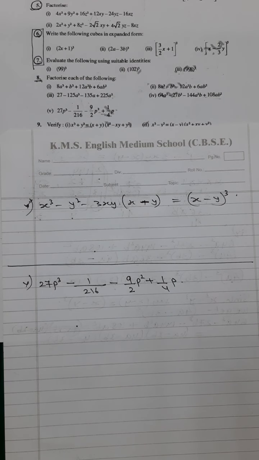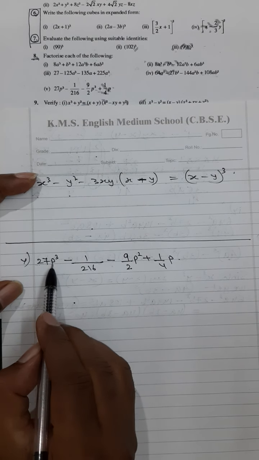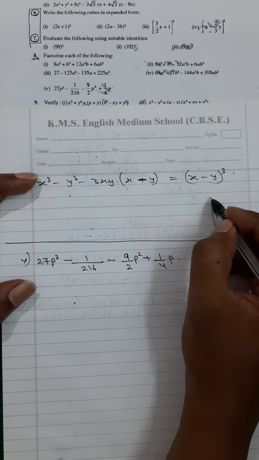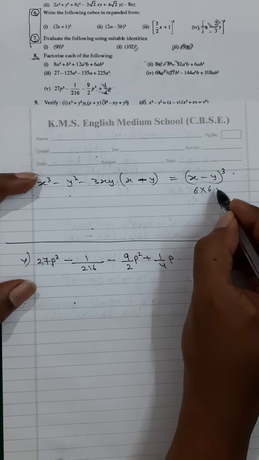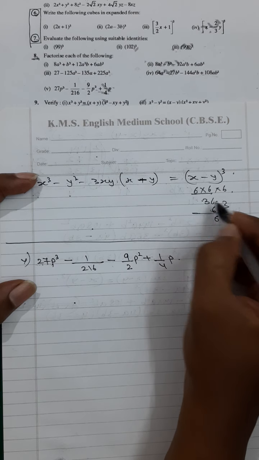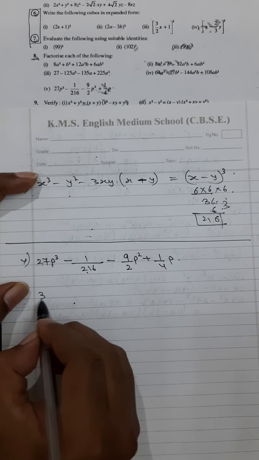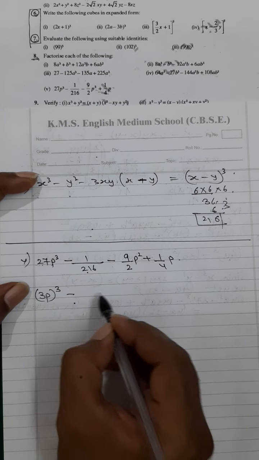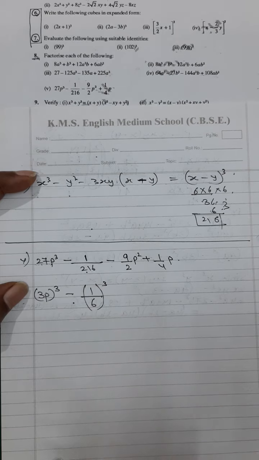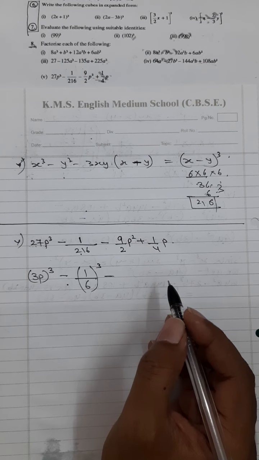Okay, fine, my dear students. So now going forward, what do we get? The cube root of 27p cube is 3p the whole cube, and the cube root of 216 is, I suppose, 6. If not 6, then 6 6s are 36, 6 3s are 18, 19, 20, 21. Yes, 6 is the cube root of this. So this can be easily transferred now: 3p the whole cube minus 1 upon 6 the whole cube, because 1 can be converted to any power. Minus. Now you have to be very, very careful.